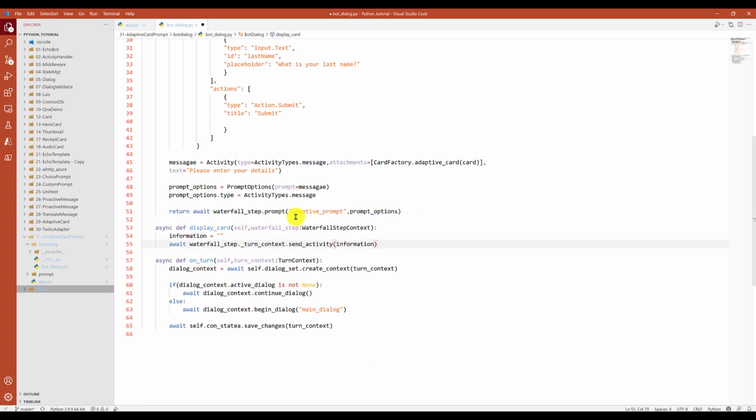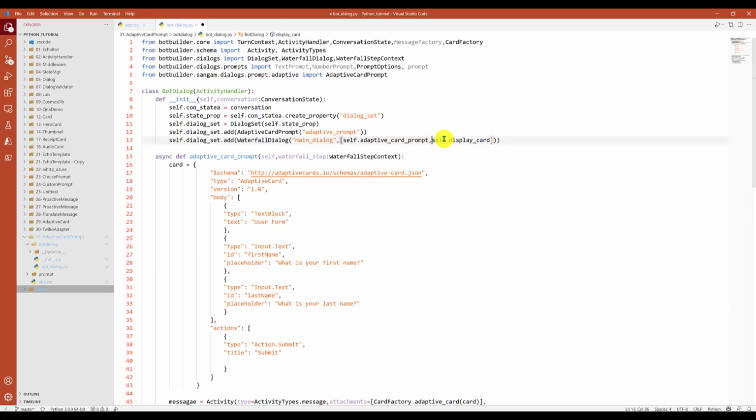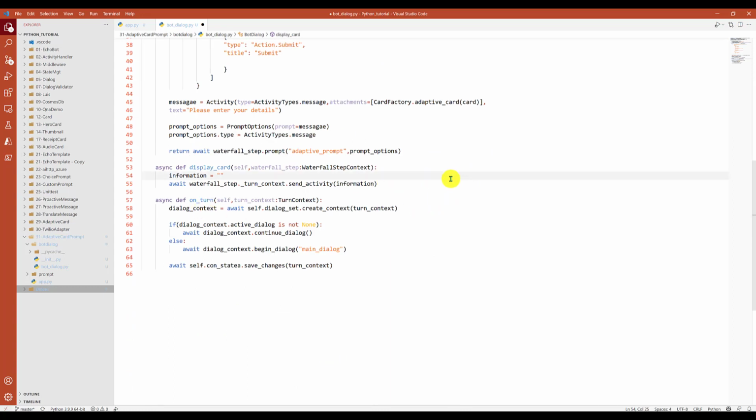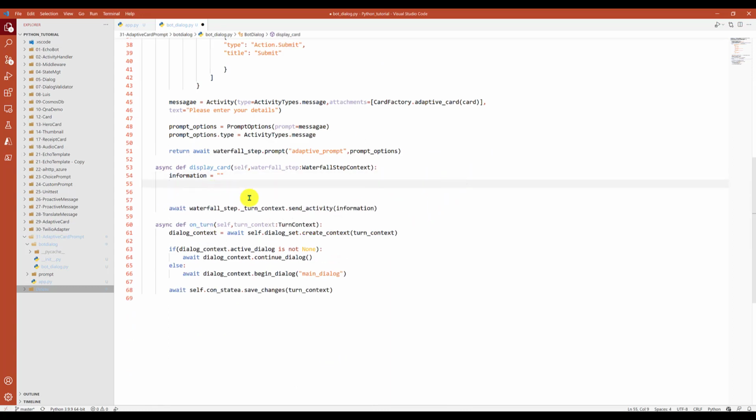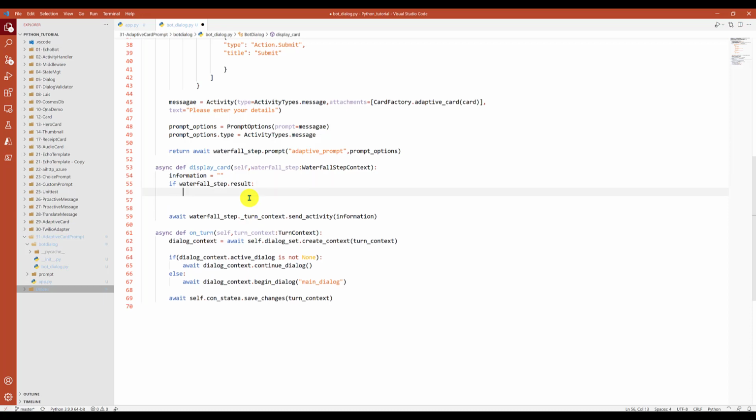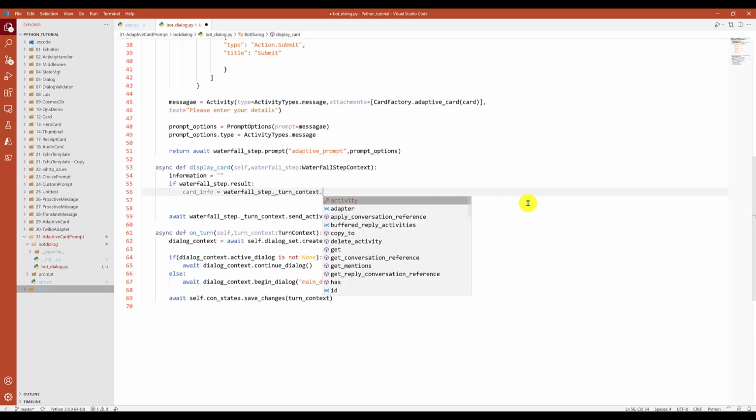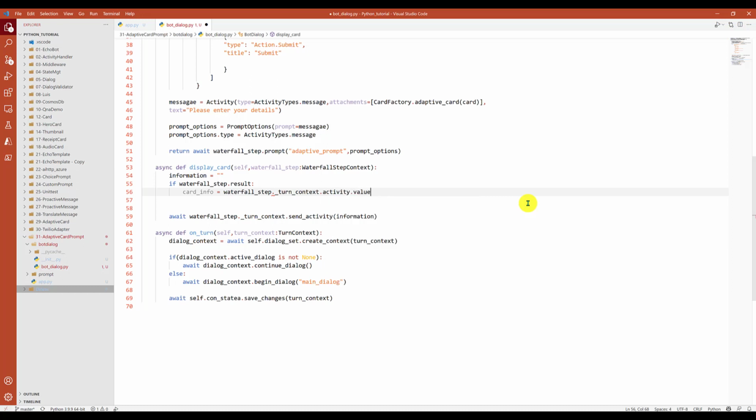Once the user responds to this message, the next step we invoke is display card. In the display card I am going to display the information. So first we will check whether the result is true or not. If it is true, we are going to read the value. So if waterfall_step.result is true, then we read the information: card_info equal to waterfall_step.context.activity.value.